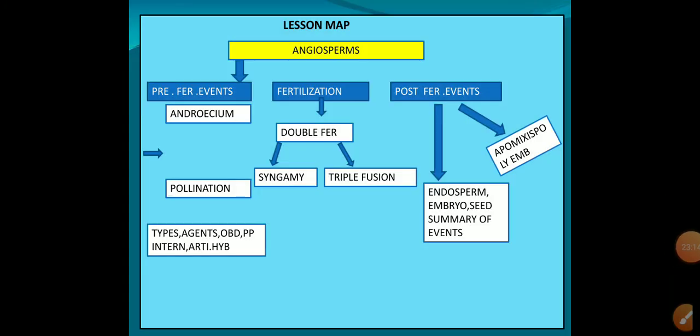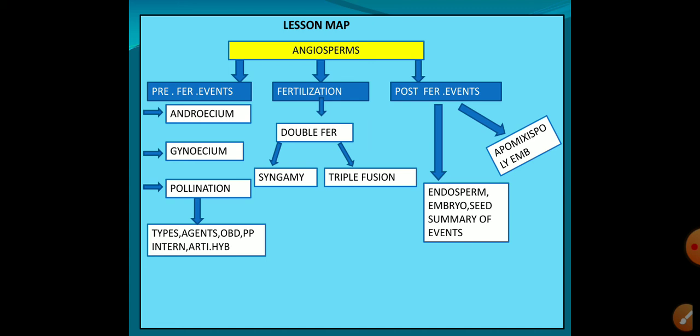Under pre-fertilization events we saw about the androecium, the structure of anther, the structure of gynoecium, and the pollination event, the types of pollination, the agents of pollination, outbreeding devices, pollen-pistil interaction, and artificial hybridization. All that we saw under pre-fertilization events.